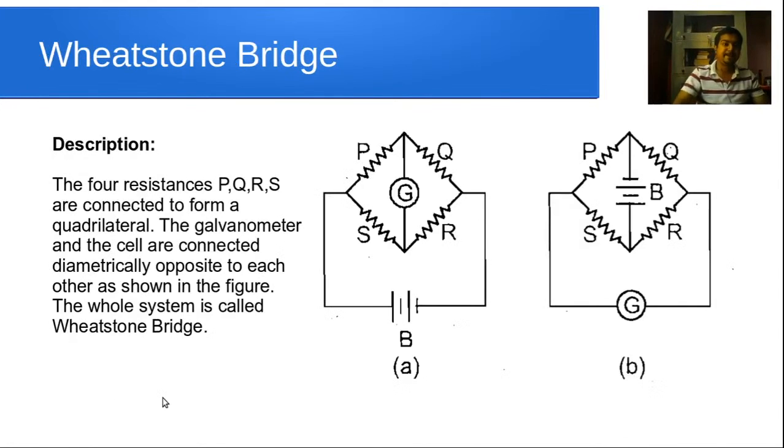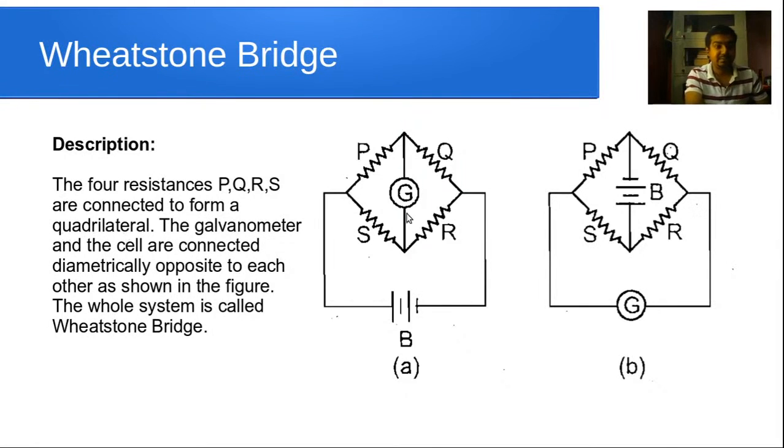Okay. So first of all, this is the description of a Wheatstone Bridge. So what is Wheatstone Bridge? Wheatstone Bridge is basically a device that can measure some unknown resistance. The unknown resistance may be R here, and the Wheatstone Bridge is made of 4 arms of resistance P, Q, R, S connected to each other to form a diagram that looks like